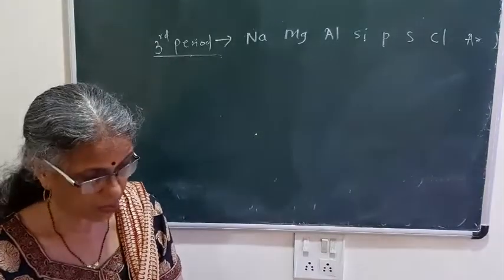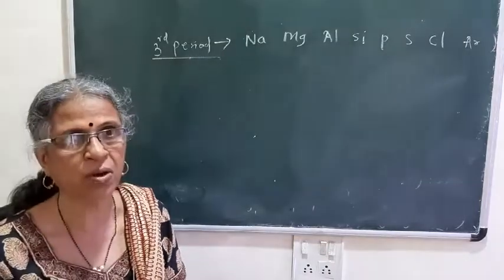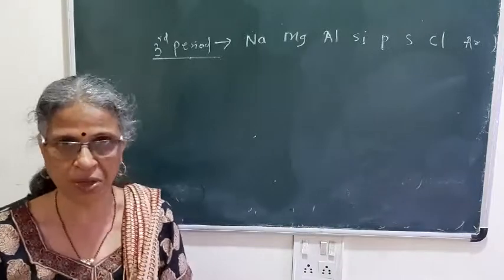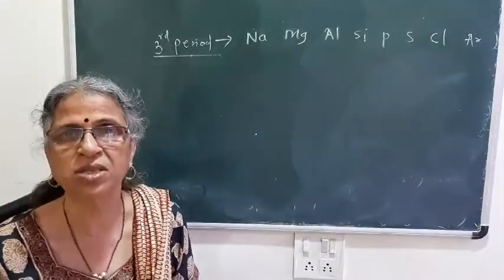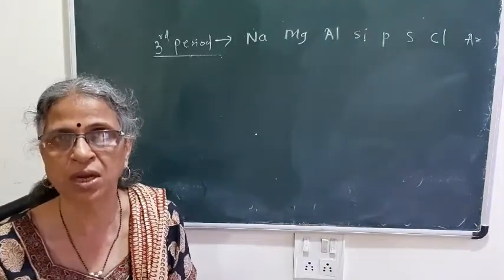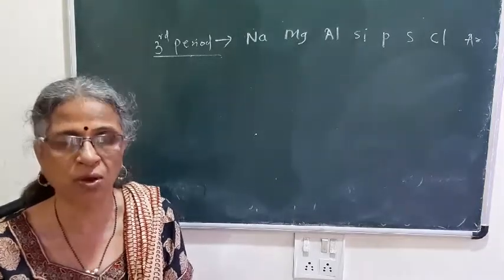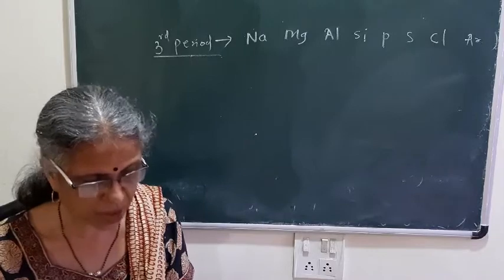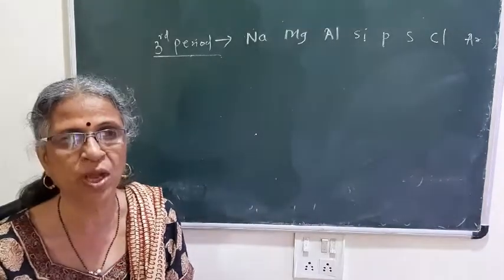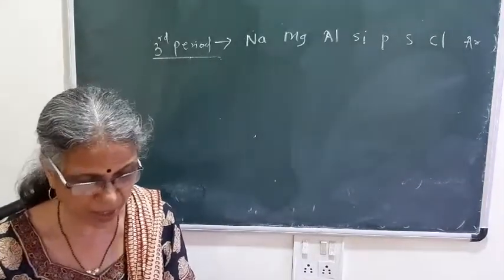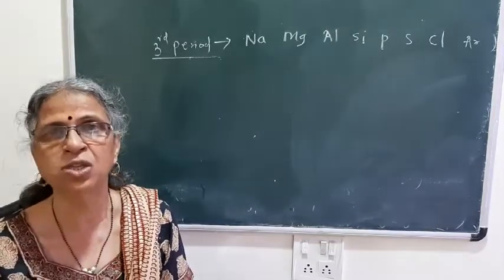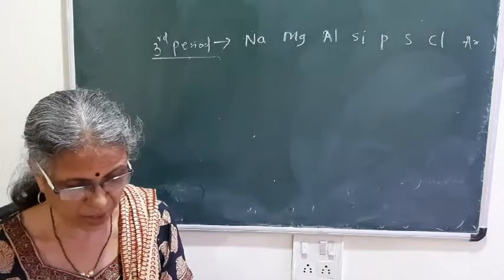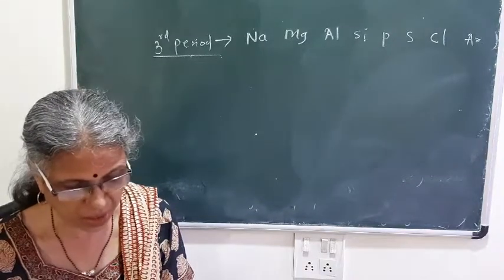Now we are going to see what is metallic character or electropositivity, and what is non-metallic character, that is electronegativity. So you know that metals have the tendency to lose valence electrons and to form cations, and this tendency or property of metals is known as electropositivity of an element. On the other hand, non-metals have the tendency to accept electrons to form negative ions, that is known as electronegativity.